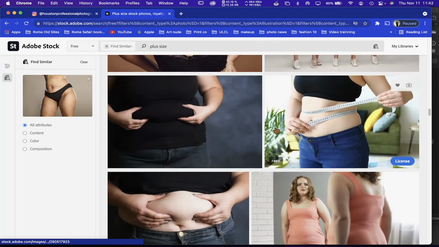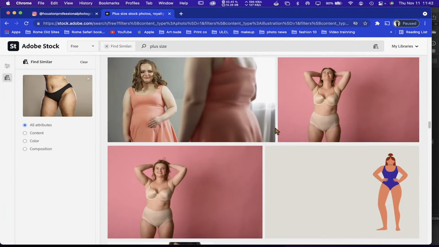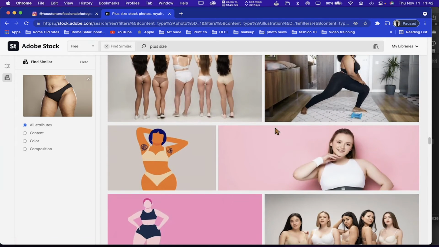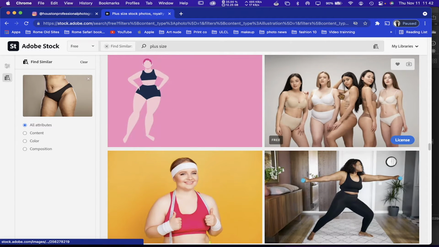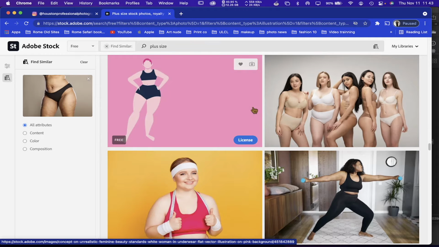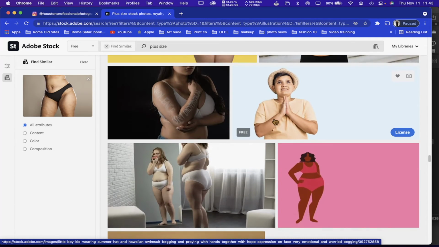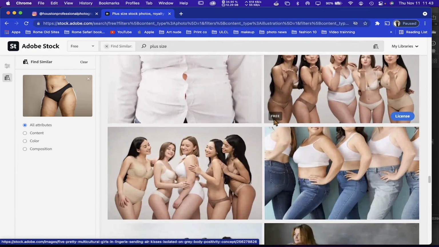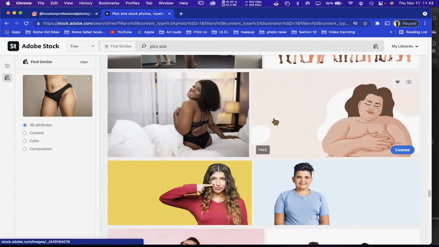So if we scroll down, you can see different examples of plus size models, some fitness, some, obviously they were posed. So, I mean, you can just kind of go through here and look for whatever it is that you want to work on. But what I was looking for was someone with